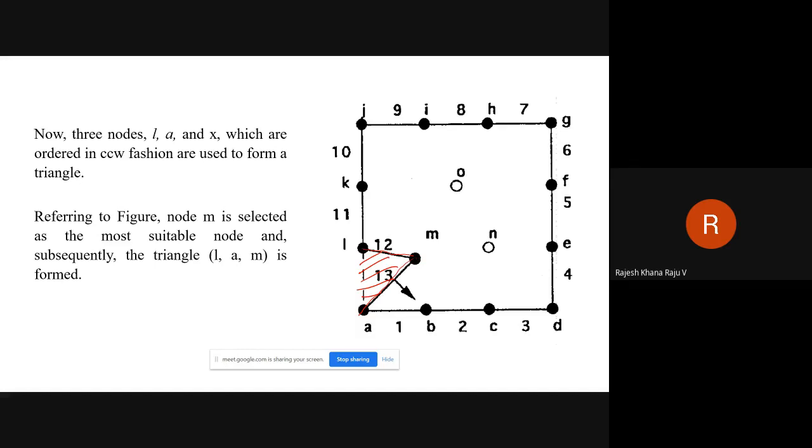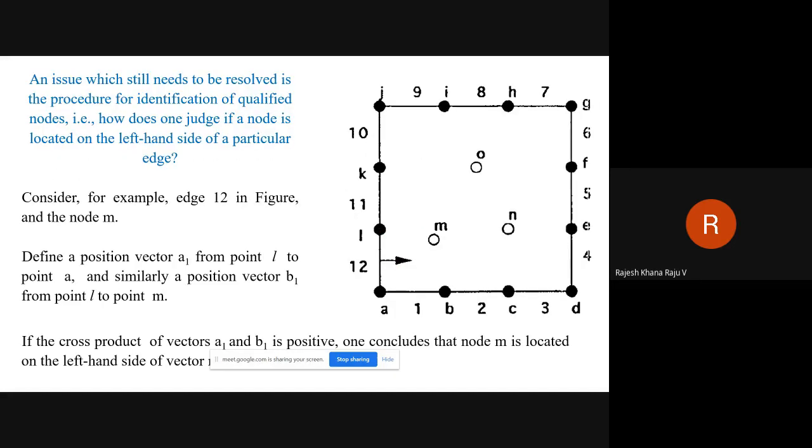At the same time, this point M now comes to be one of the boundary nodes. So this M point is now removed from your internal node array I. That's what we will do.